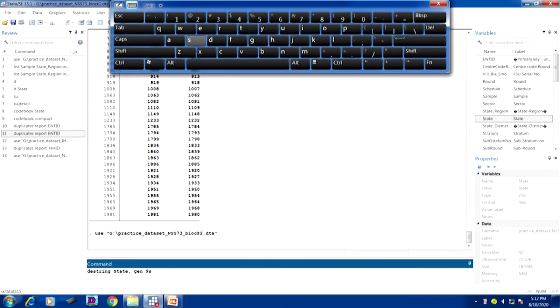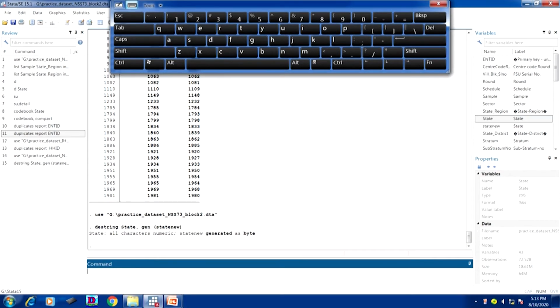Let me give you the bracket, shift bracket, then bracket close. All right. Now, if I enter here destring state generate a new variable, enter. Okay. Now, look, another state new variable is defined here.